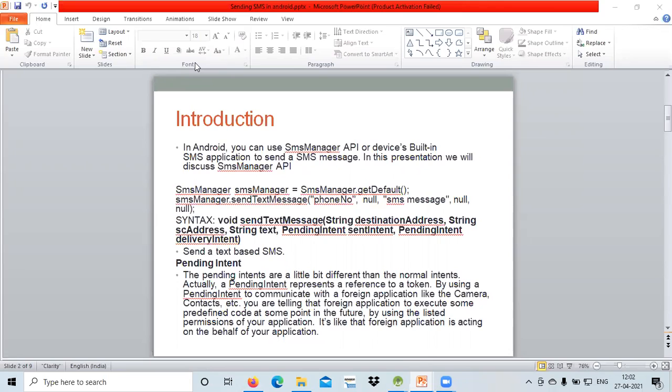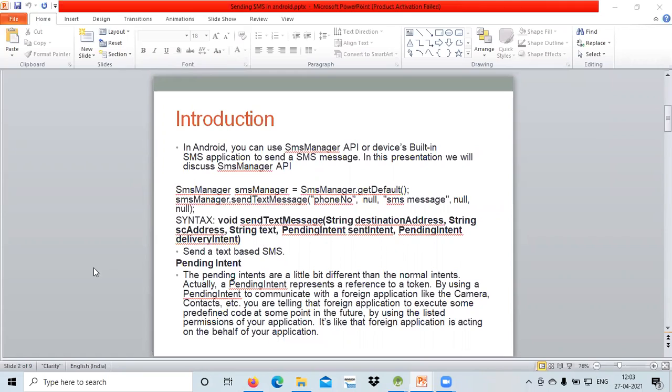We need contacts when we need to search for a particular person, or pass a message to a particular person. At that time I need to see the contacts. So all these are things of the foreign application that we will be using somewhere in the future. It's not that every time we require that particular thing in my application, but in the future I can use the same thing. So this is the concept of the pending intent.